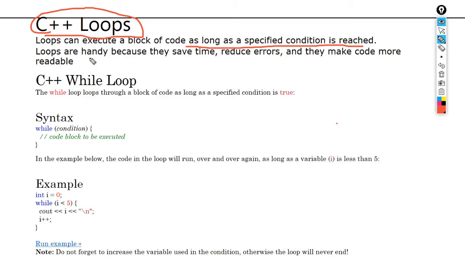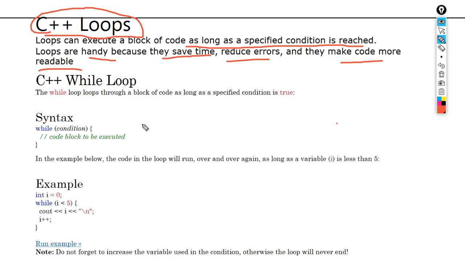Loops are handy because they save time, reduce errors, and make code more readable, right? Because if you have some task to be executed repeatedly, for example 10 times, then you need to write a loop for that. It doesn't need to be written again and again 10 times.